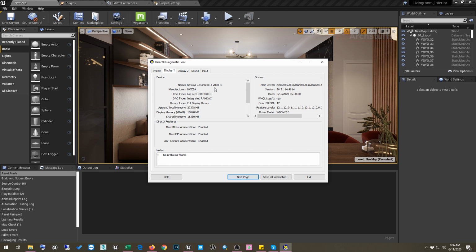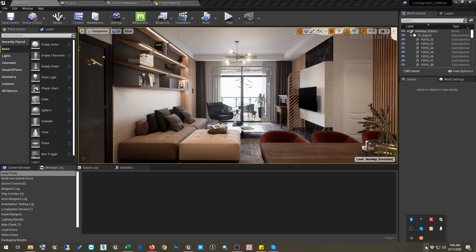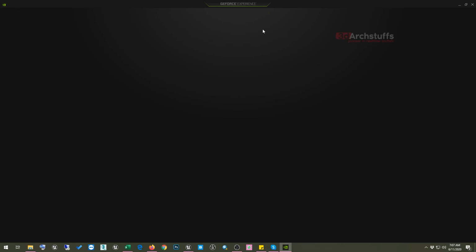After this, the next step is to go to NVIDIA GeForce here, right click on this NVIDIA settings, and there will be two options, NVIDIA control panel and NVIDIA GeForce Experience. You have to click on GeForce Experience, and wait until it's loaded properly.